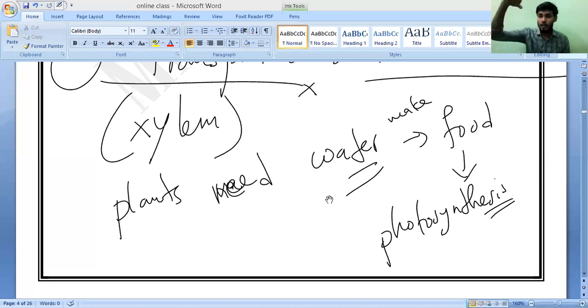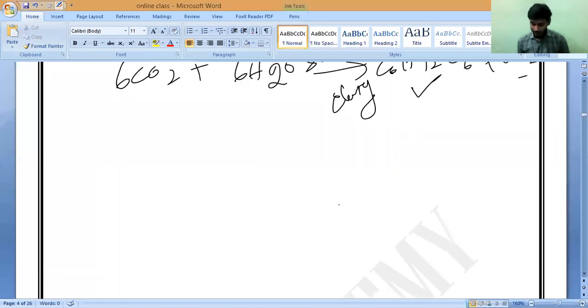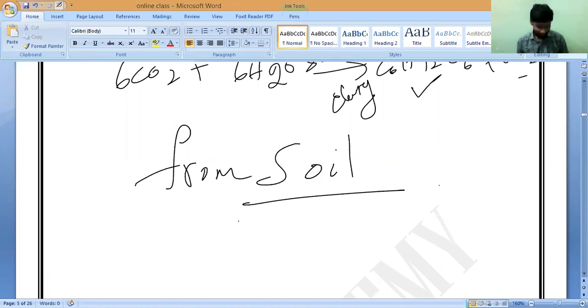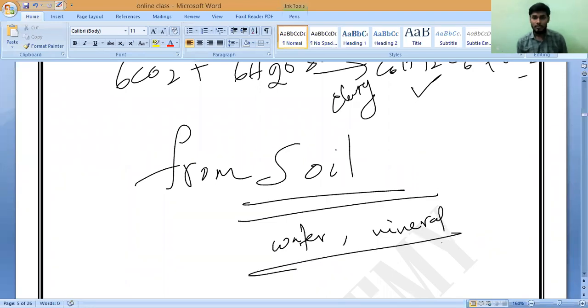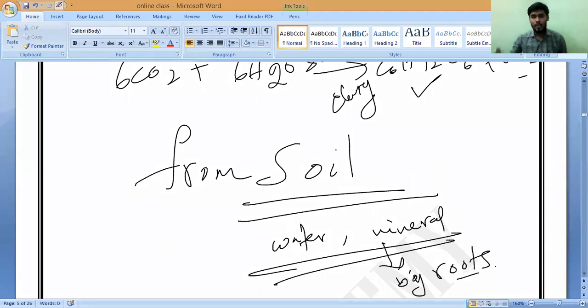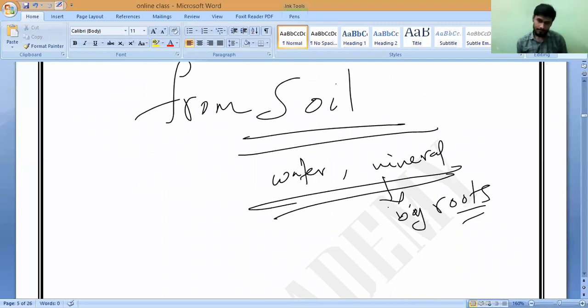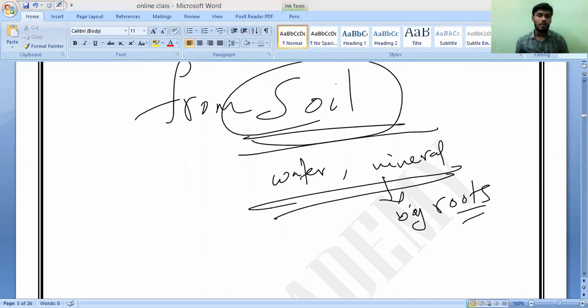From where? From soil. Correct or not? So whatever the water, whatever the minerals, everything is absorbed by the roots. Roots are absorbing from where? From soil. That is what you should remember. So whatever the required minerals and water, everything is absorbed from the soil by the roots of the plants,